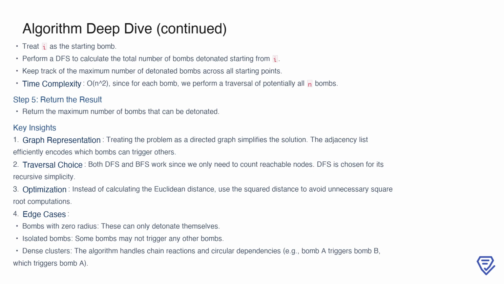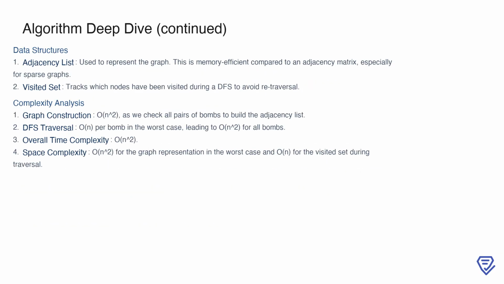Finally, the algorithm handles various edge cases, such as bombs with zero radius that can only trigger themselves, isolated bombs that do not connect to any others, and dense clusters where chain reactions or circular dependencies occur. To implement the solution efficiently, we rely on two key data structures. The first is an adjacency list, which represents the graph and is memory efficient compared to an adjacency matrix, particularly for sparse graphs. The second is a visited set, used during the DFS to ensure we do not traverse the